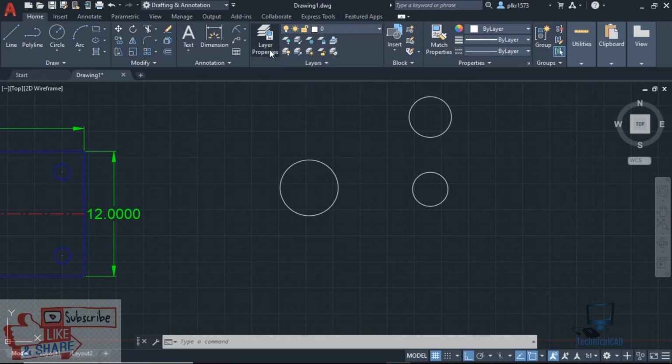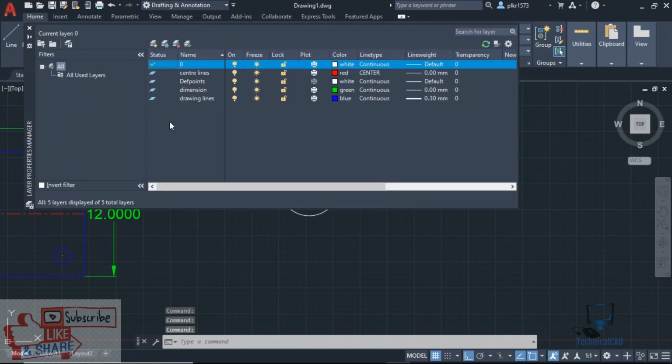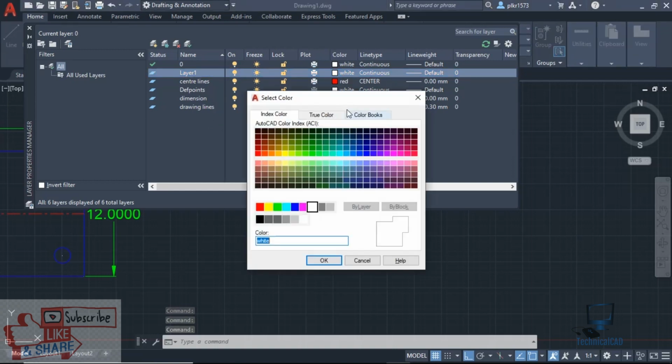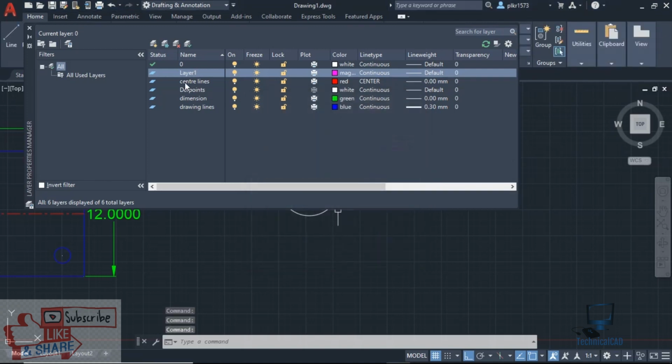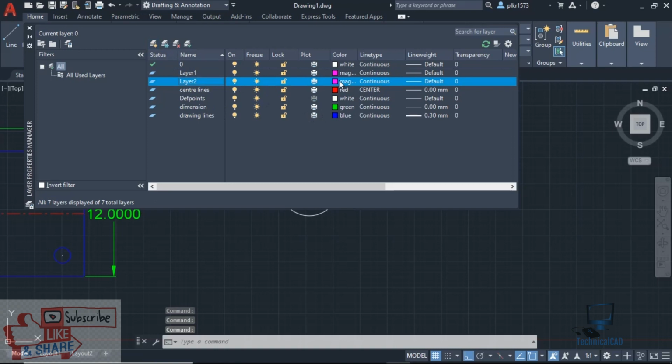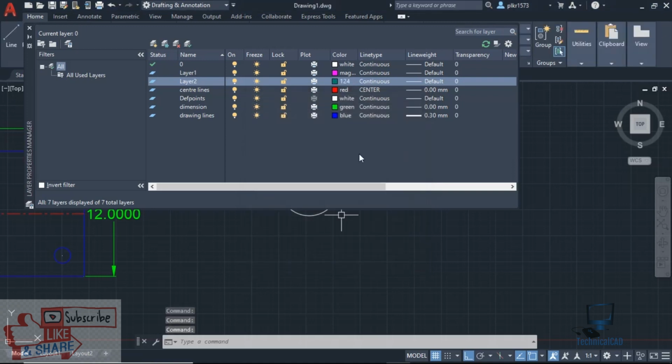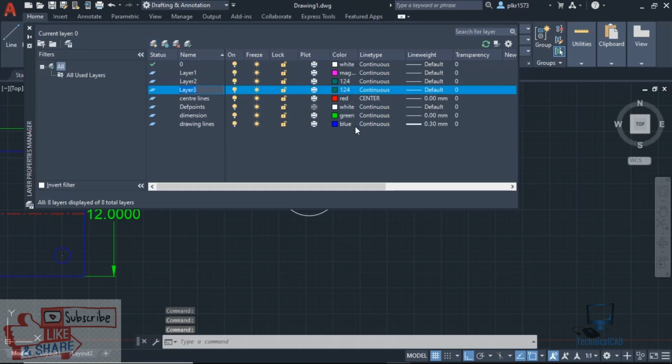Otherwise let's create some more layers. Layer properties. Go for new layer. Let it be layer 1. Change the color to this color, and go for another new layer, where you can change the color to this one, 124, and give another color.